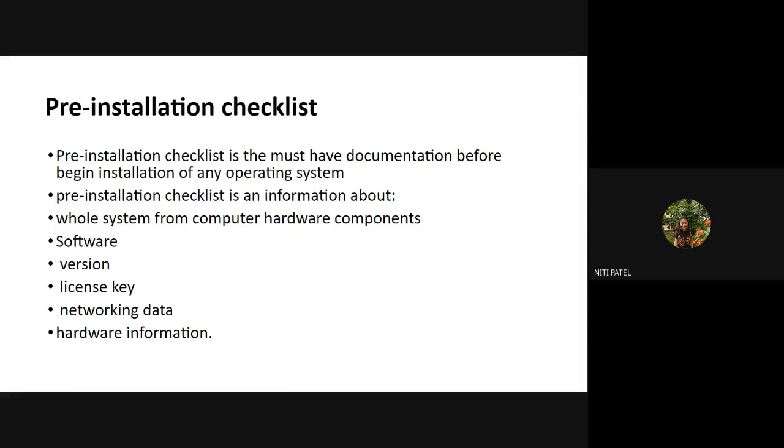Then next is the hardware information. Now what do you mean by hardware information? I will require some kind of minimum hardware for that operating system to support. That means I'll require some amount of CPU speed, some amount of RAM, some amount of hard disk. So what is that minimum configuration? That also I should know. Because if I do not have that much configuration in my system, and I purchase it, I won't be able to install it. So I should also know what kind of hardware is used and what is the minimum configuration of that hardware.